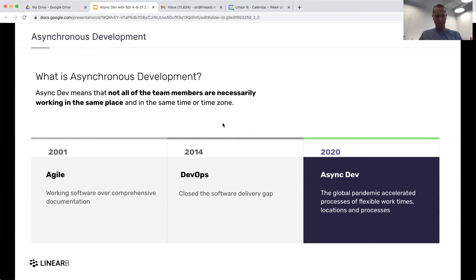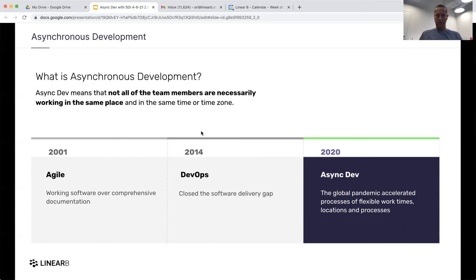which I think we still didn't fully utilize, all the good stuff that DevOps has to offer, but it closed another gap, the software delivery gap, right? It's not just about how we develop software and how we build it, it's more about how we ship it. So if you think about it, Agile was all about how we iterate. DevOps is how we ship, and async dev, which is happening now, started in 2020 and goes into 2021, is how do we interact and how do we align with the business better?